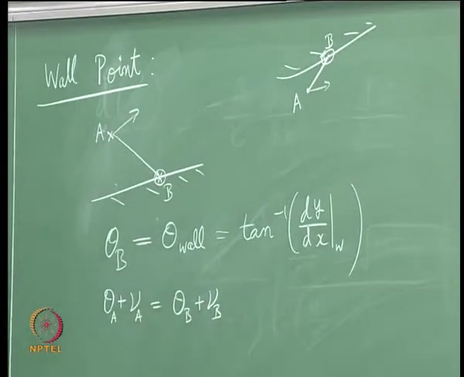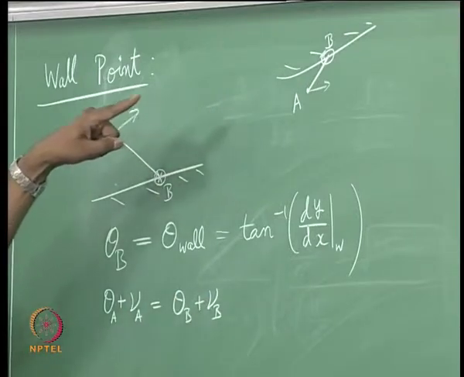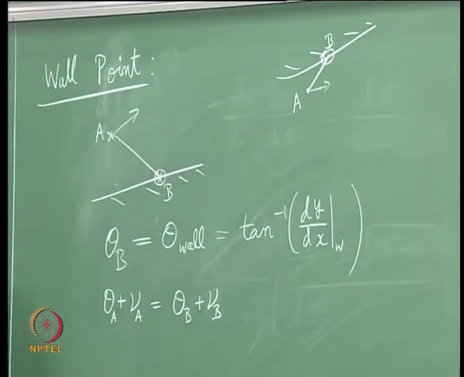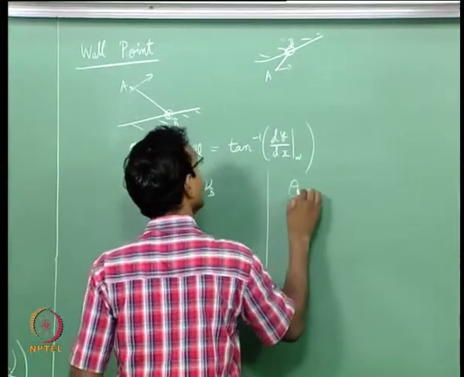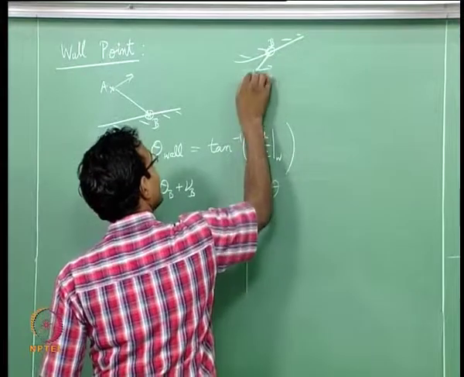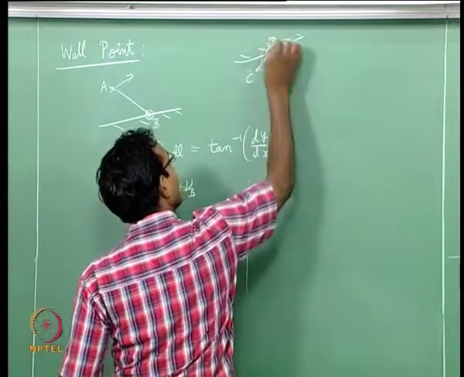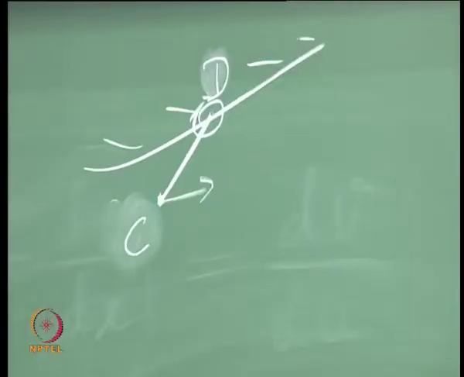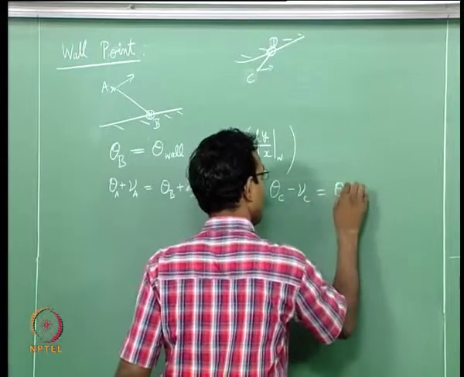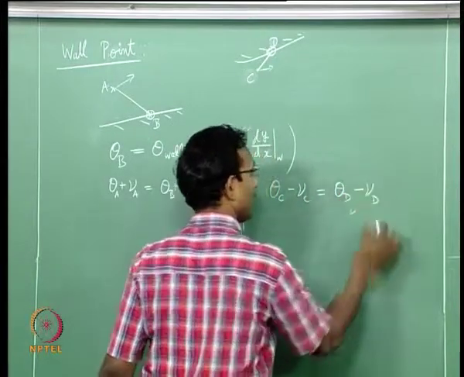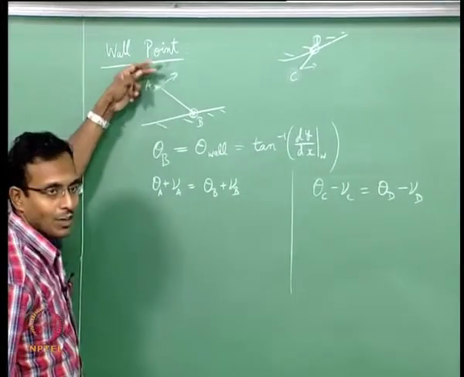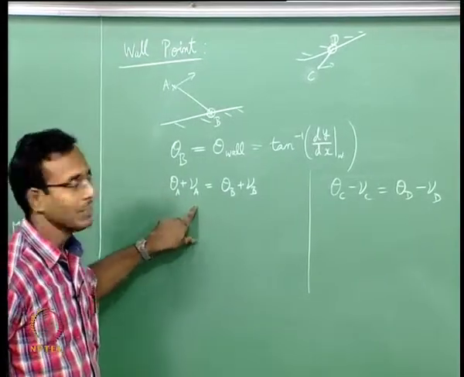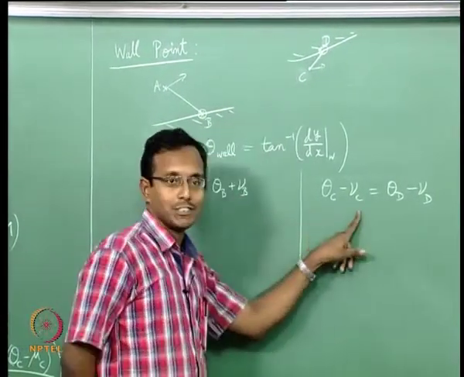This is one case, or I could have the other case, 2 cases. The other case could be parallelly, I will write for the other case here, just to be very clear, I will use C and D here, so that they are two separate cases. I can also write parallelly theta c minus nu c equal to theta d minus nu d. If it is a right running characteristic or a negative characteristic, then theta plus nu is a constant. If it is a positive characteristic, then theta minus nu is a constant.